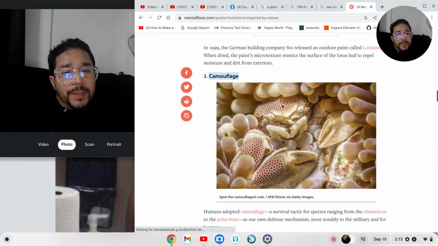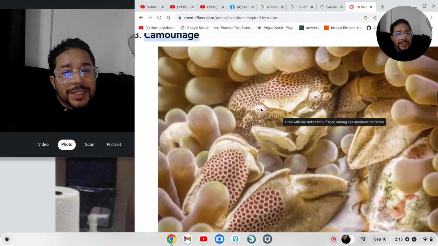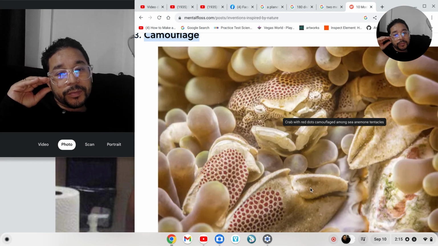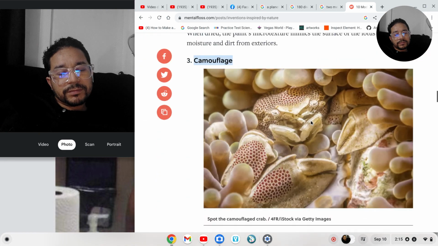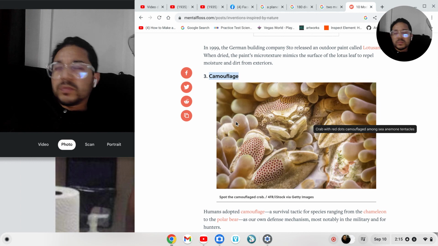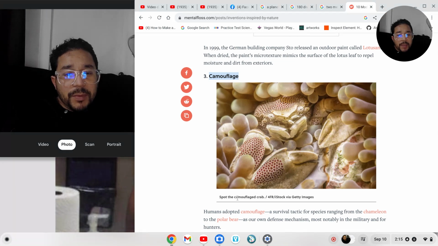So you guys can see a crab in here. This is the eyes, the mouth, and then the little hands. There's a hand right here with a little thing, and then there's another one over here, and it's inside this plant in the ocean. What Finding Nemo would go into. Spot the camouflage crab. Anyways,